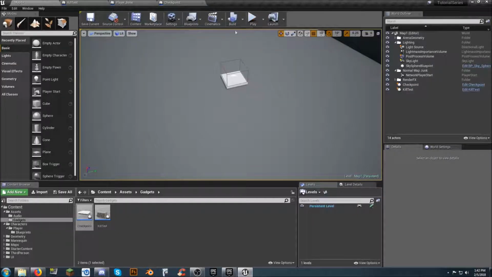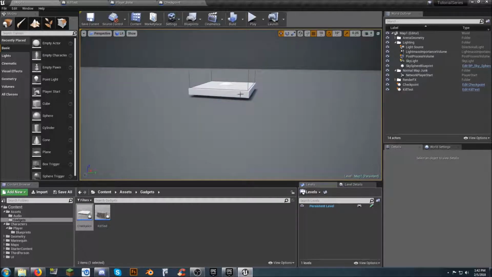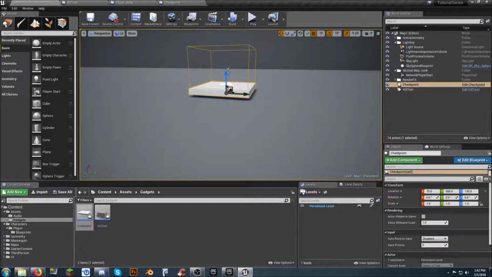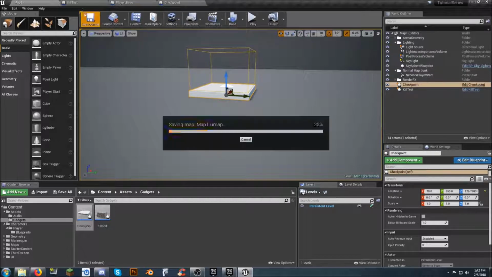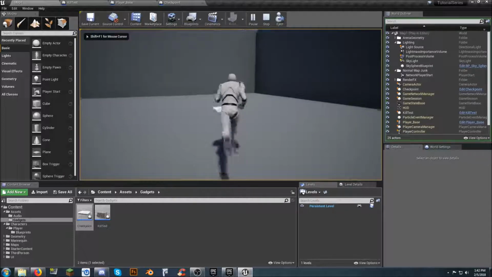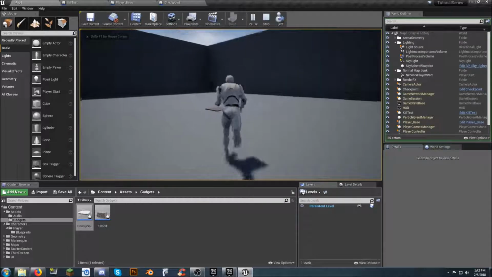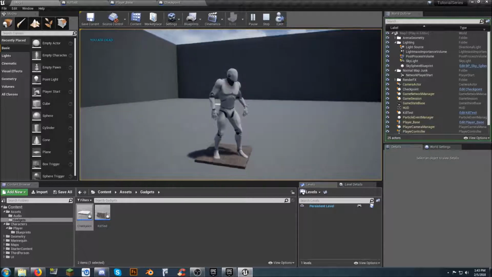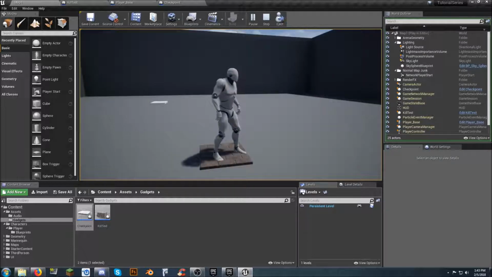But as you can see, it's sticking up a little bit. If you can't get it to adjust just right to sit perfectly on the ground, then you can just uncheck your snapping box and then drag it down that way. And let's see what happens now. So, after 5 seconds,